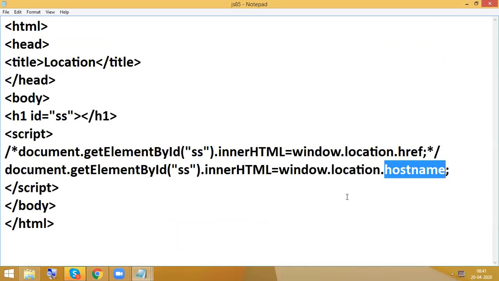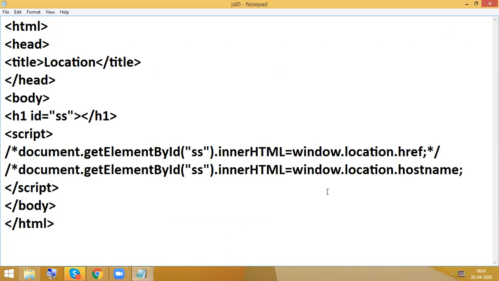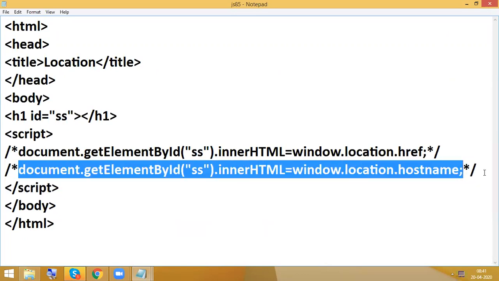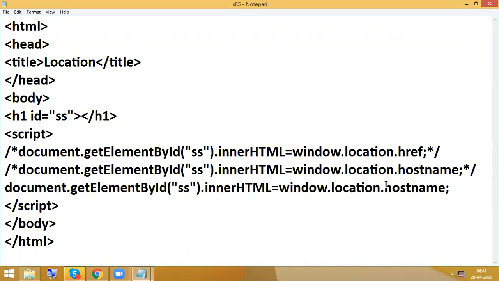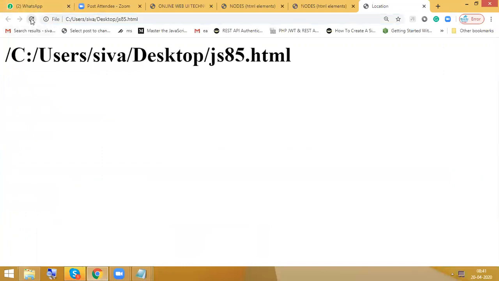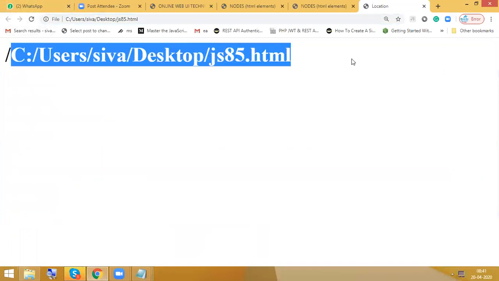Okay, so next, same program, this time we are going to find the path name. So path name means we are getting the path.